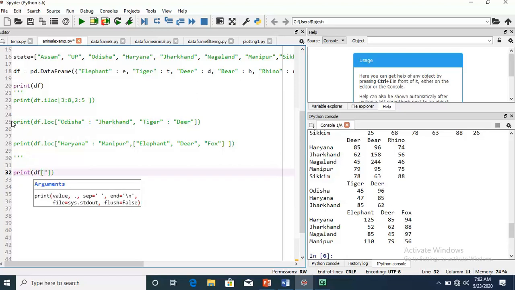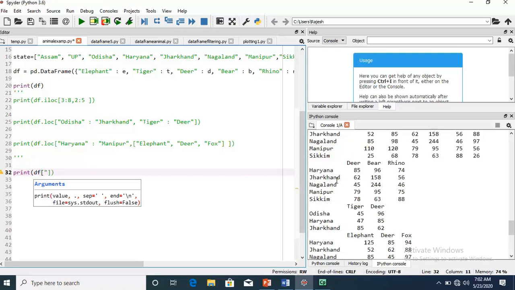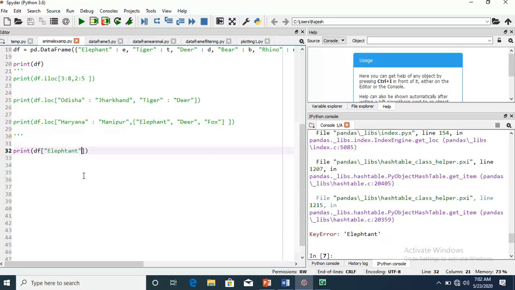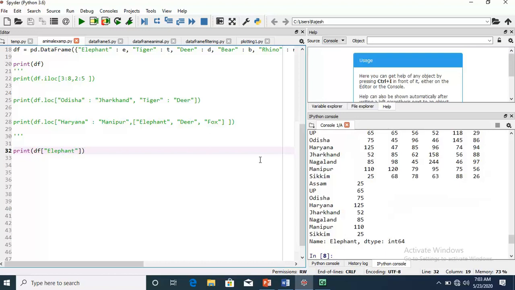We have to display only elephant, so no need to worry, simple df, then you use elephant, and then F5. Oh my god, again I am making an error in writing elephant. This is it showing the state wise elephant.